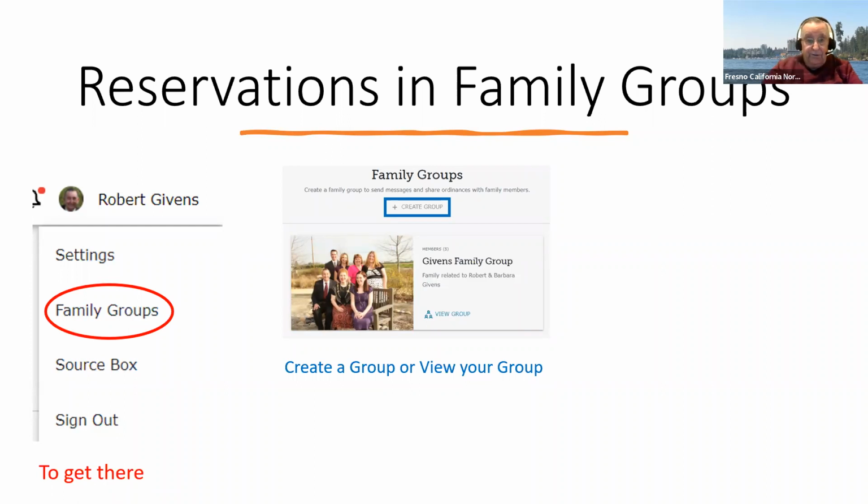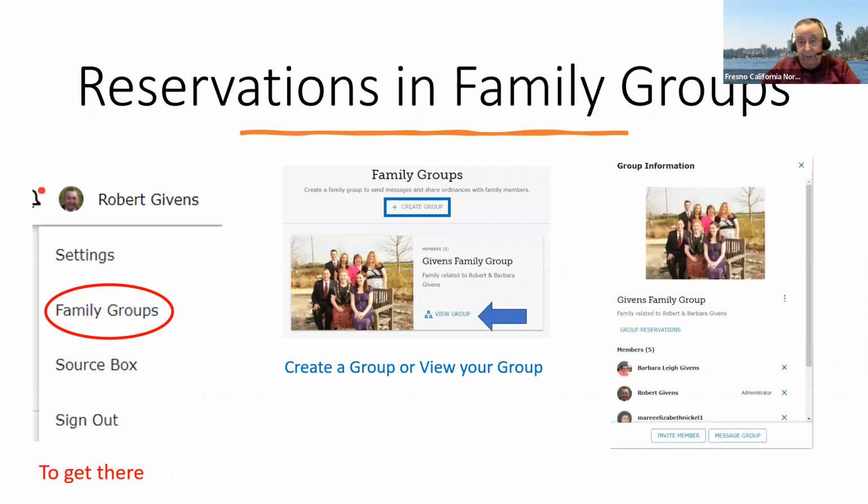I've gone through it and set it up, even put a picture in for our family. Okay, then to view the group, you just click view group, and the group comes up, the picture's still there, and you see the names of the people that are in your group, and there's a little group reservation system. This allows you to set up some reservations that only the people in this group can grab.